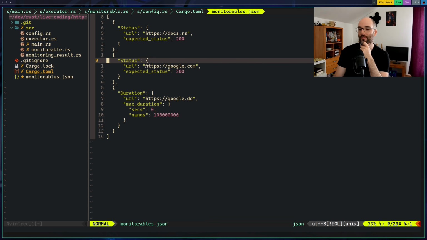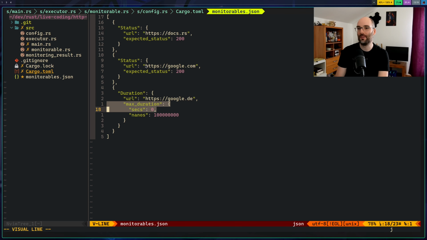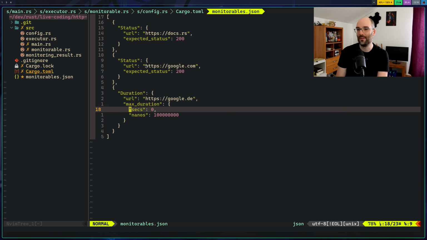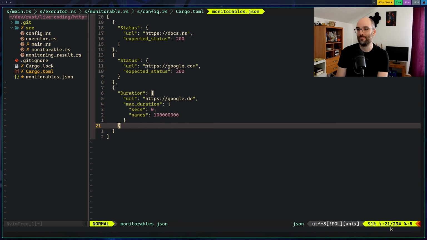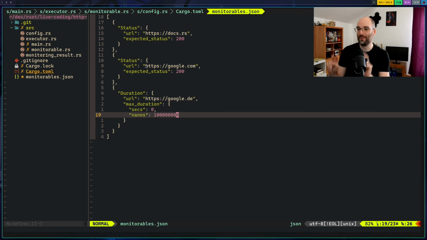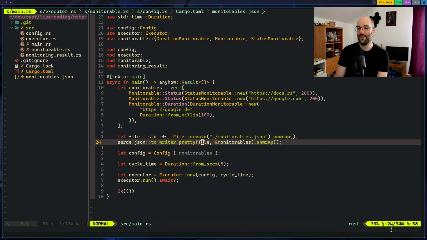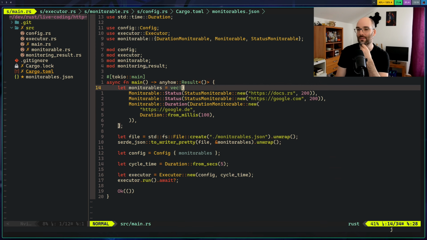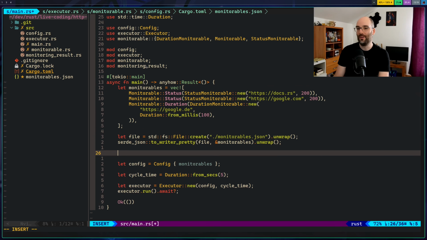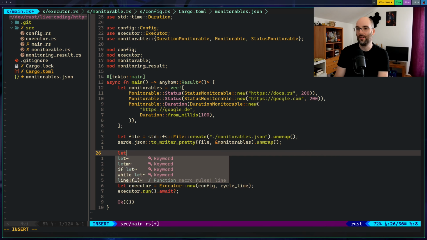But that's okay. I don't know whether I like this representation of the duration, that it writes seconds and then it doesn't go to milliseconds, but it goes to nanos right away, because that's probably at the border of human readability, but okay. Considering that in the long run we're not going to be doing it like this, that's okay, I guess. And now we should be reading those from file, actually.